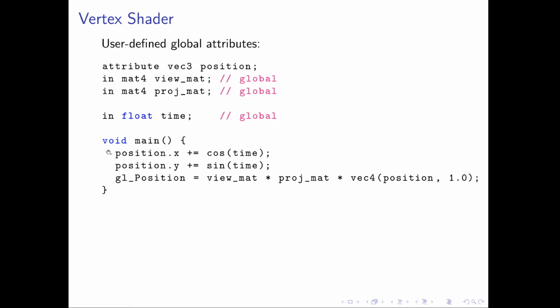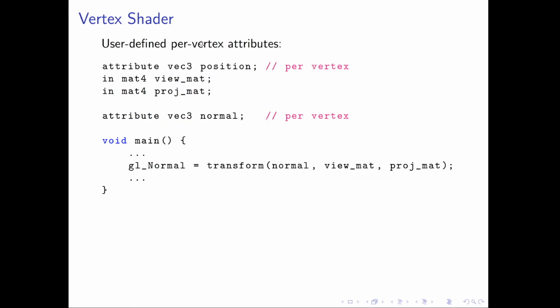The only thing that changes here is their relative position, like maybe we're changing the altitude of the vertex a bit. And this is the only thing that changes, and this is a typical animation that one would use a vertex shader for. So in order to avoid a potentially costly, high bandwidth and high latency communication over PCI Express. So now we discussed and we've understood those user-defined global attributes, and there are also user-defined per vertex attributes,